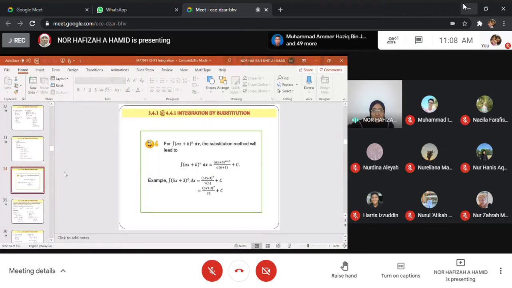So for the substitution method, for integrations of ax plus b to the power of n, the substitution method will lead to one formula, which is like a shortcut from the substitution method. Okay, so for example,